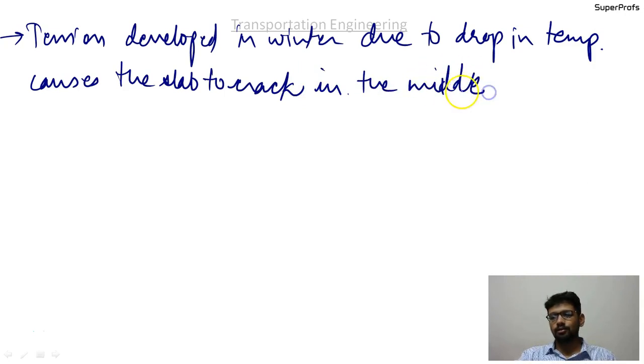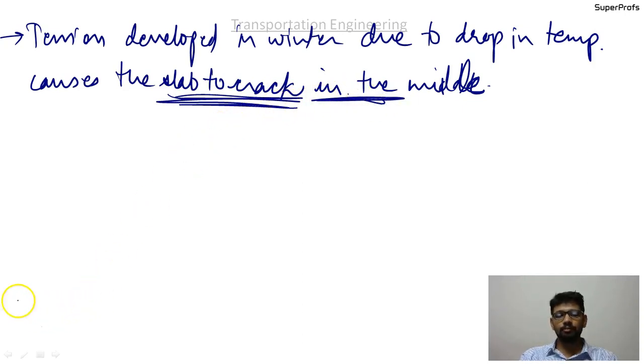See, in winters the tensile stresses are generated, as a result of which the concrete, being weak in tension, will tend to crack in the middle, and there will be no such major problem in summers. Okay guys, and that is the reason to reduce the tensile stresses due to friction, it is better to construct pavements in winter. Even if it is compulsory to construct the pavement in summers, then night time is preferable, because the temperature gradient will be lesser then.